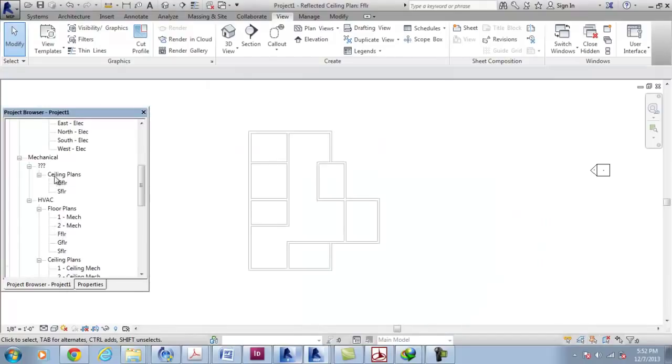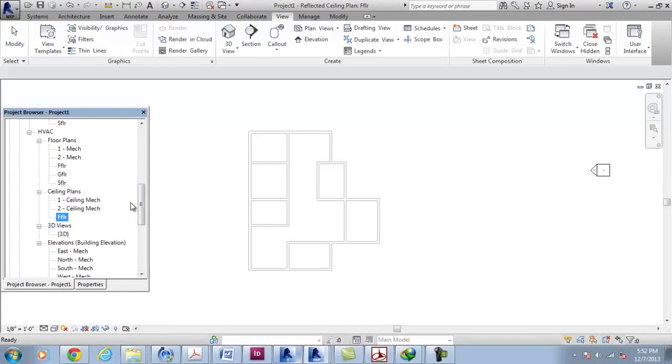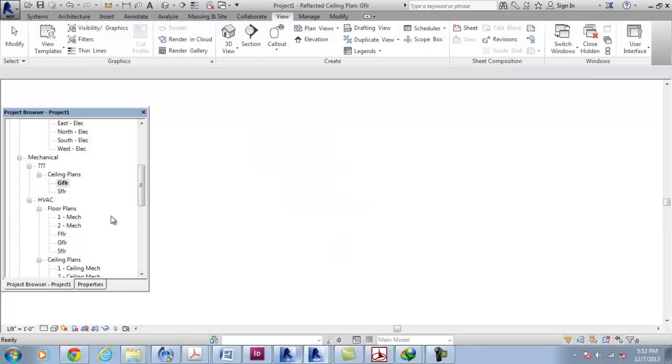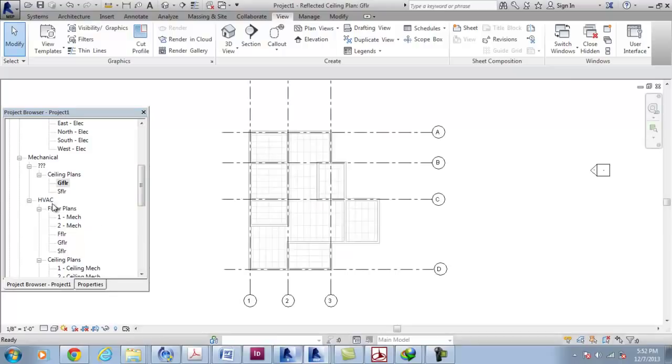Similarly select, now it's moved to here. You can see that FFLR, first floor ceiling plan, has moved under the ceiling plans of the HVAC. Similarly ground floor. In the GFLR